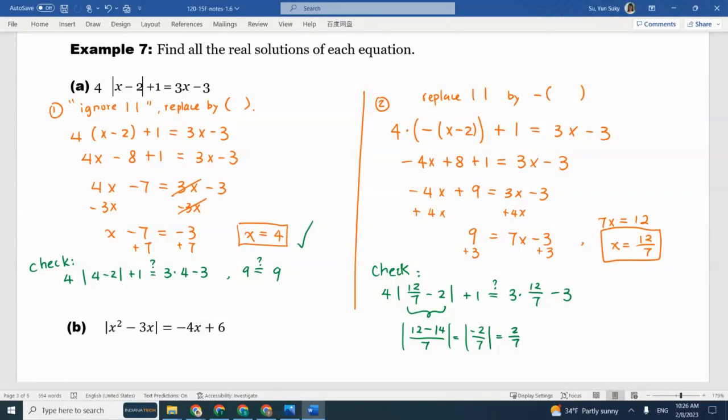8 over 7 plus 1. What's that? Yeah, that is 15 over 7. That's the left hand side. We want to ask, is it equal to the right hand side? What's 3 times 12? Yes, 36 over 7